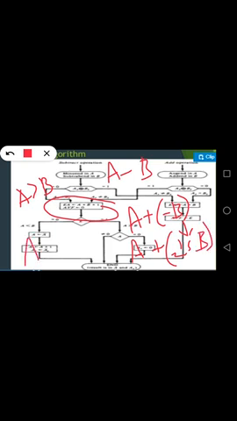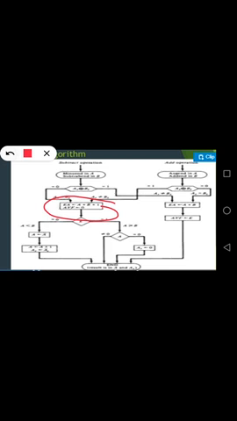What is 2's complement of B? 2's complement of B: make 1's complement and add 1. So A minus B can be interpreted as A plus B bar plus 1. You should understand this process. It is very important to understand this step in the algorithm. Why we have EA is equals to A plus B bar plus 1. What is this step?